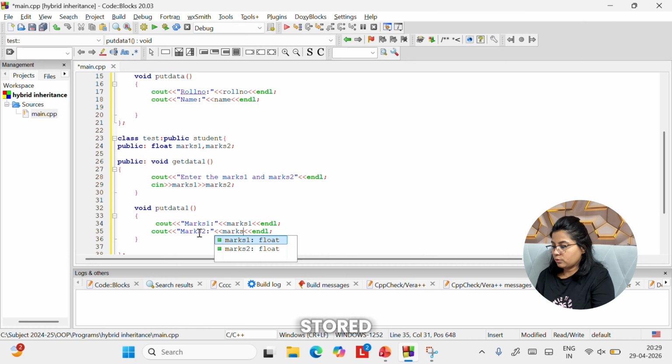Right, get data 2. You can give any name, whichever you want. Cout enter sports score.